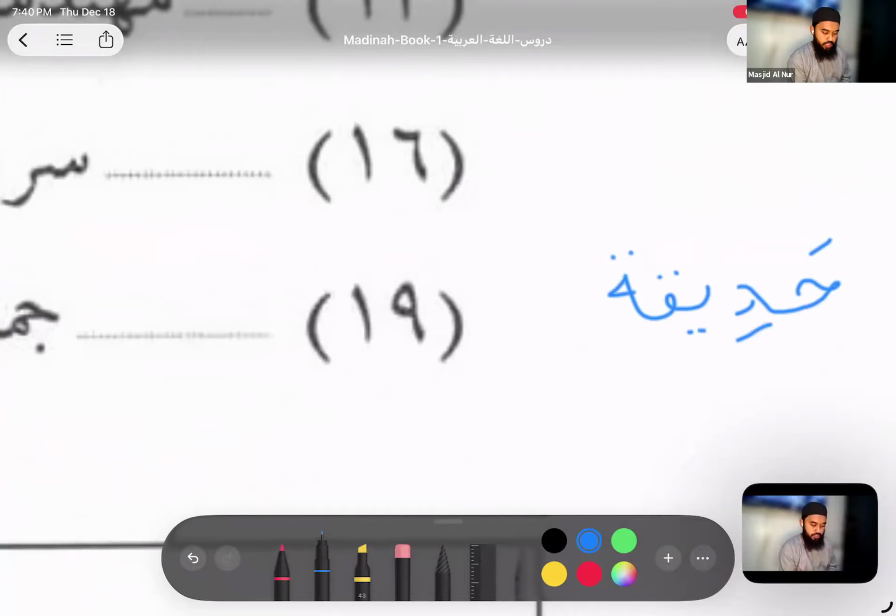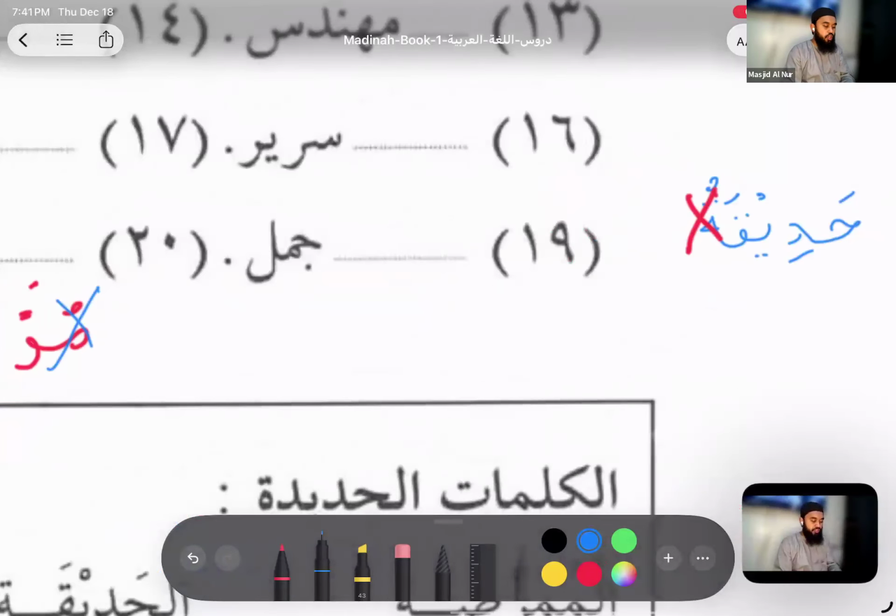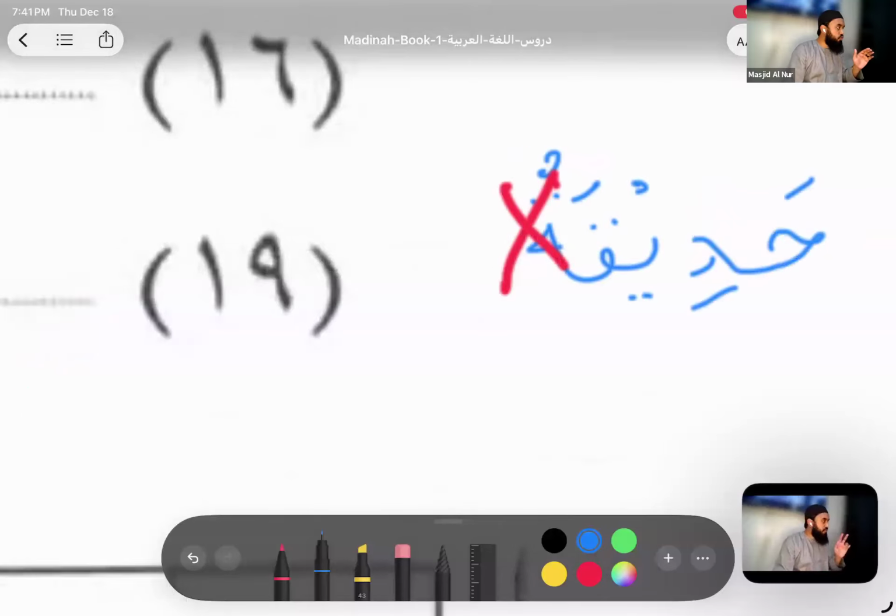So first rule, guys, eliminate ta marbuta. We eliminated. Now we are left with 4 letters. Something like the ya when it has a sukun on it, when ya does not have any vowels, waw, ya, and these are the mudud, right? Alif, waw, ya. When they are always with a sukun, like we just did naqa, sukun technically, right? The alif is being stretched by the noon and the fatha. Whenever any of these mudud are stretched with a sukun, you're not going to consider that to be an original letter. So the ya will be eliminated.